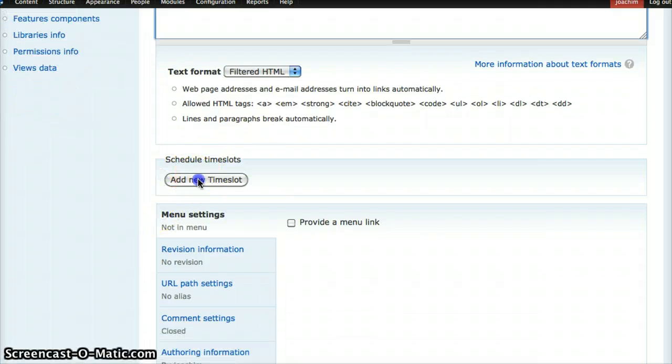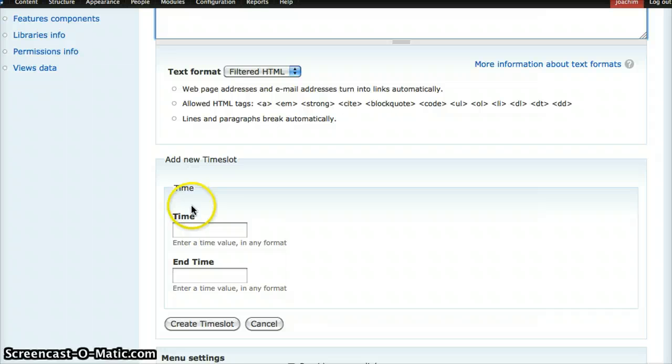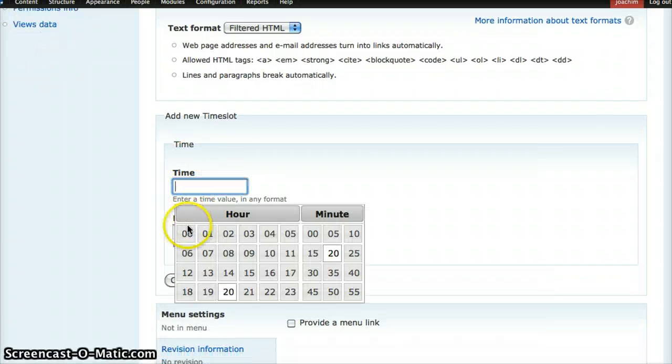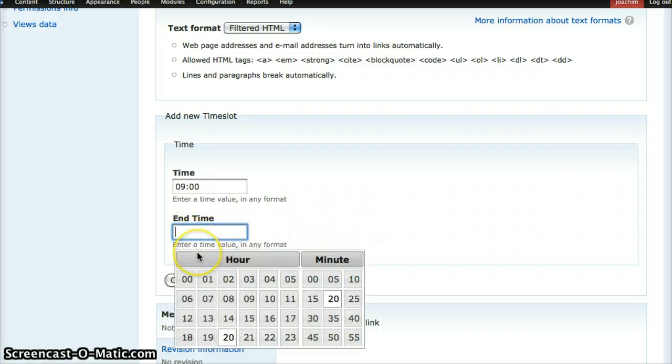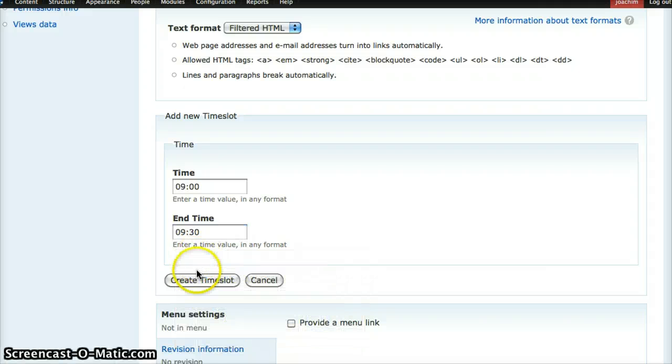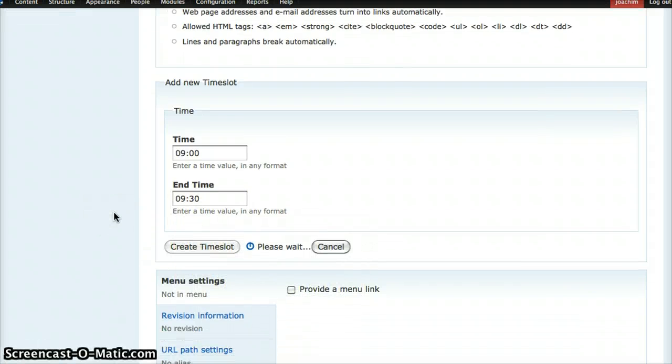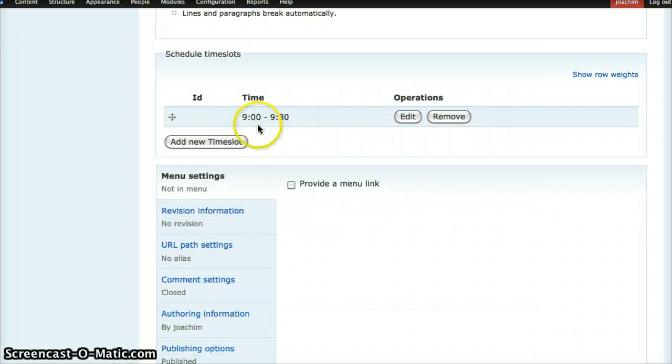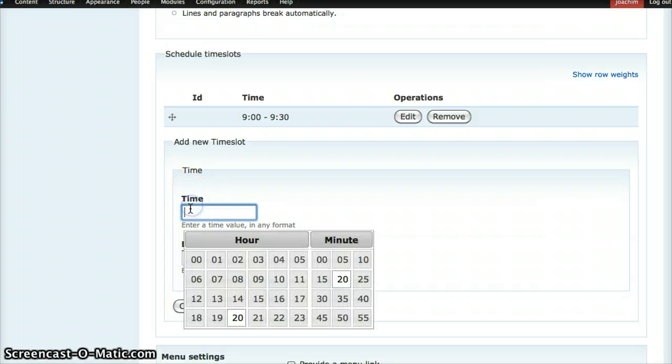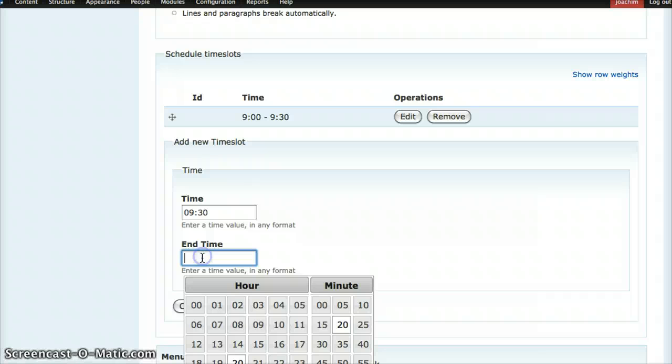So this is just inline entity form. And here I'm using the time field module, which gives me a very nice pop-up widget. So my first session is going to run from 9 till 9:30, and that's going to be my registration slot. So you want to create one time slot for each thing that you want to timetable. So then 9:30 to